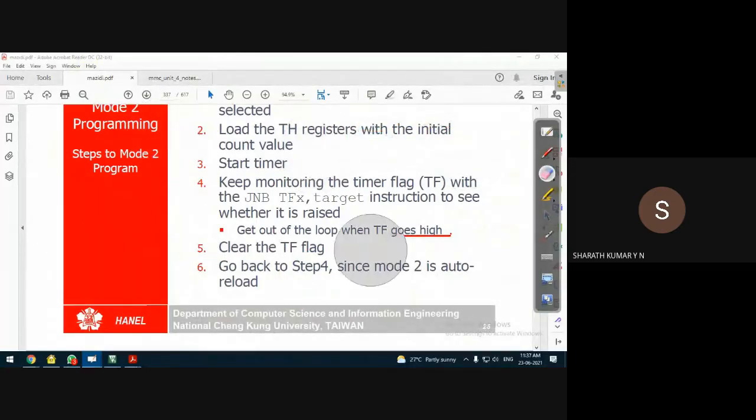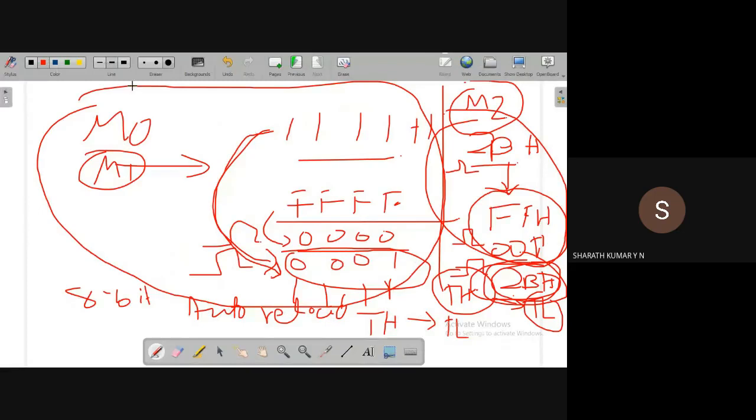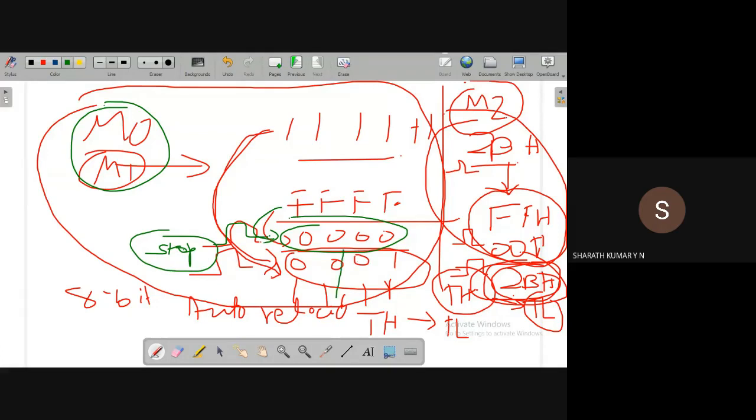But for other modes of operation, we have to stop the timer, because once it reaches the final count of FFFFH, on the application of the next clock pulse the timer overflows to 0000. At this point, in mode 1 and mode 0 operation, if we don't stop the timer it continues to count the clock pulse.